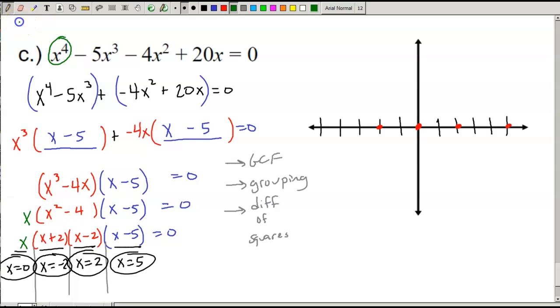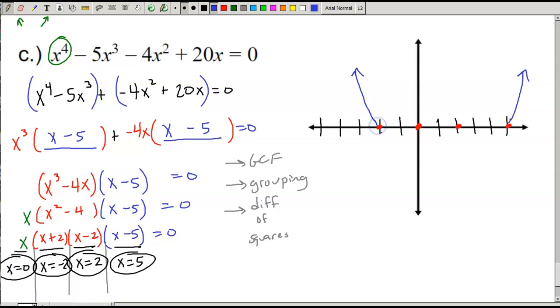The end behavior, just like x squared, is going to look like the same thing. It's going to go up to the left and up to the right, if you remember that. So on my sketch, I know that this 0 off to the right, it's going to go up and to the right, and over here on the left side, it's going to go up and to the left. And now in between here,